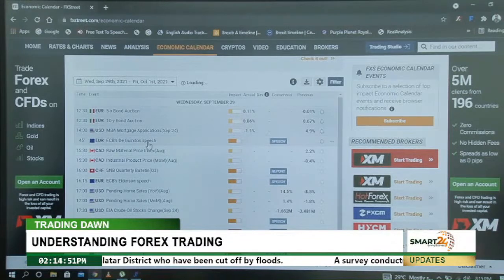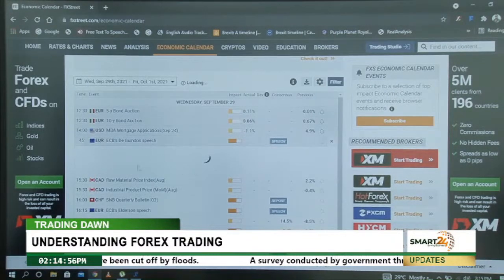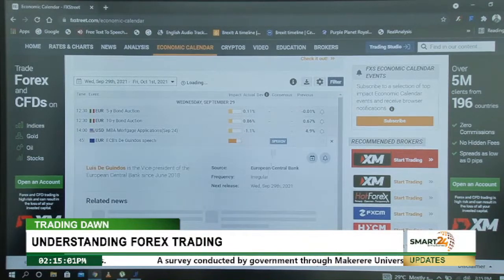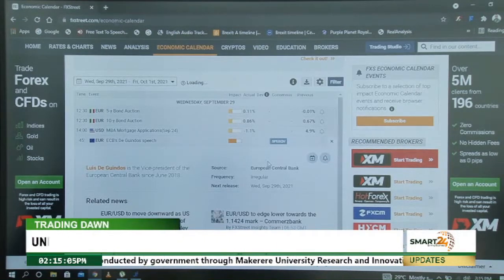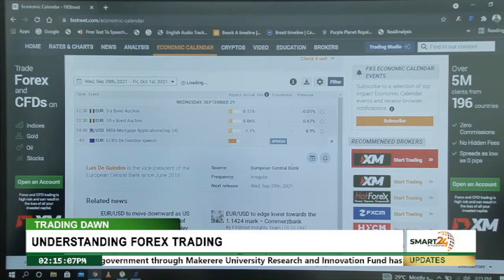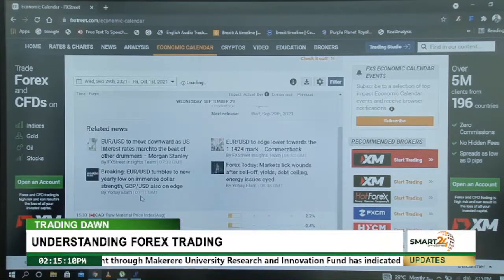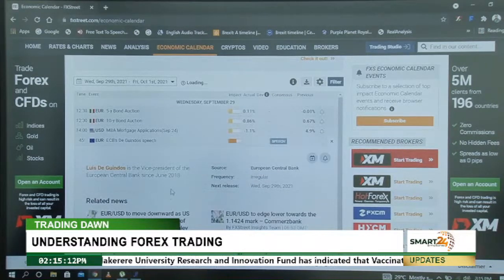Yeah, so let's take a look at the economic calendar and see the events that are affecting the market today. Today there are many speeches. The very first speech is going to be in about 45 minutes. That is a speech from the European Central Bank. With speeches, we don't have previous figures, we don't have the consensus, there are no actual figures. For these ones, it's just a speech.